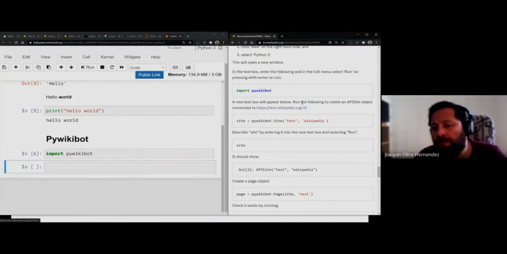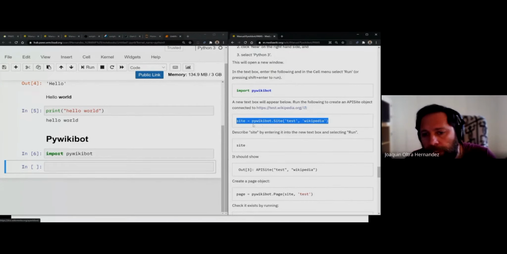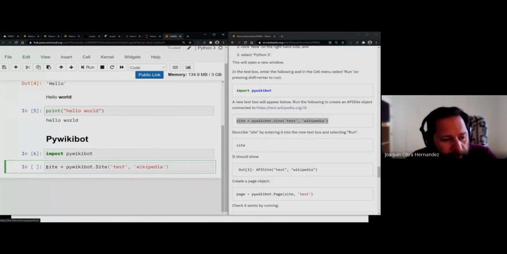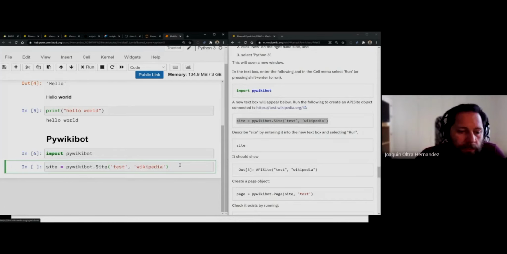And Pywikibot has a bunch of classes that do things, right? The main classes are Site, for getting a project, like we did with the user config. For example, if we want to get Test Wikipedia, which is what we were doing before, we create a site variable, and we use pywikibot.Site. This is the name of the class, the Site class. And we use, as we did before, the language code and the family code. So if we run this one,